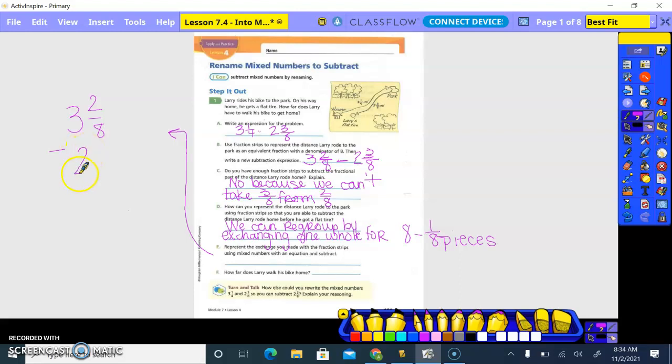Minus 2 3/8. So what do we do here? What do we do? You're going to exchange a whole for 8/8, right? So this becomes 2 8/8, right? Because 8/8 equals 1 whole, right? Okay, so then this becomes 2 and, because we can't just leave the 2/8, right? So it becomes 2 and 10/8